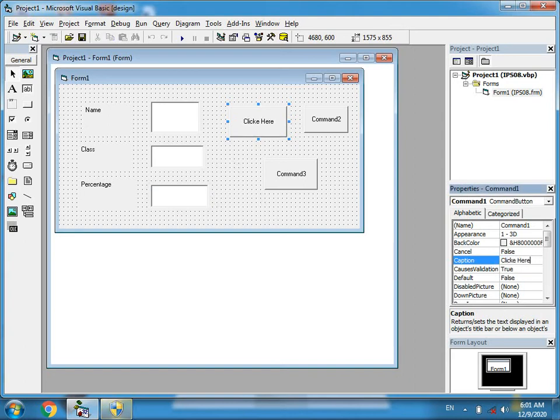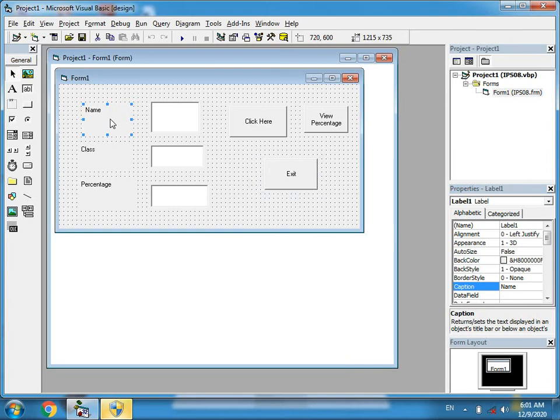Here I will type click here. So the Command1 caption is click here, and the second command button caption is view percentage, and for the third command button caption I will type exit.